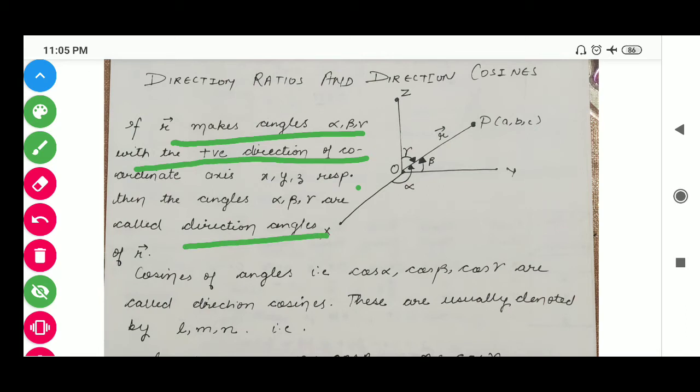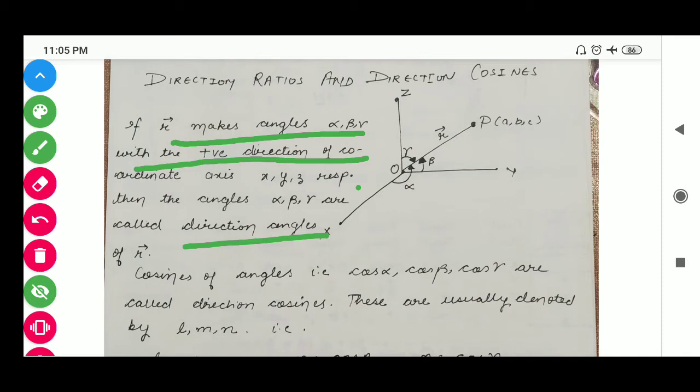This is very simple. Suppose we tie a thread from a corner in your room, and you can assume that corner is the origin, and you place the other end at some point. That point is called the position vector. You can call this point a, b, c, and that thread makes angles alpha, beta, gamma with the edges of your room. You can assume one edge as the x-axis, the second edge as the y-axis and the third edge as the z-axis, and all these edges must be mutually perpendicular.